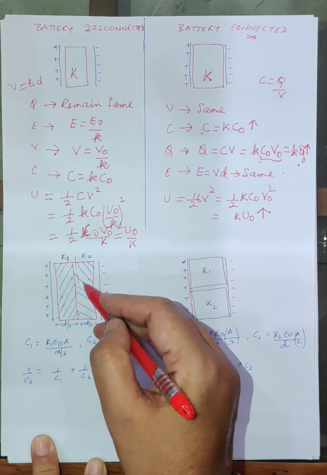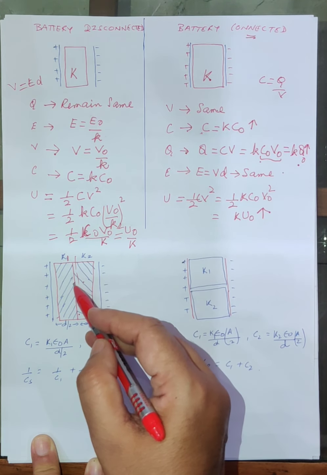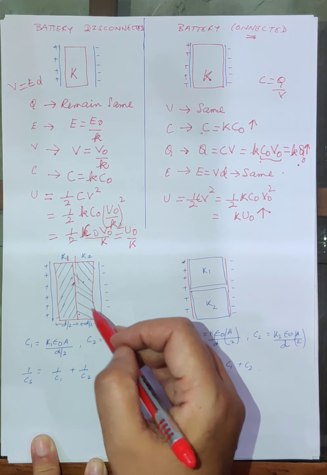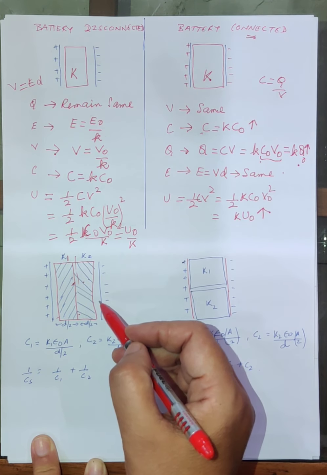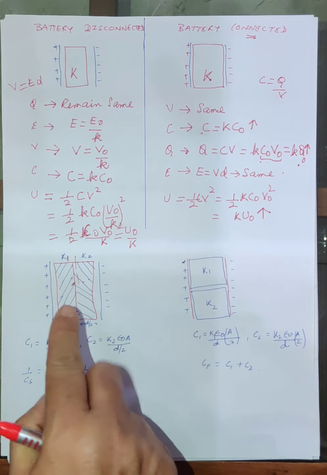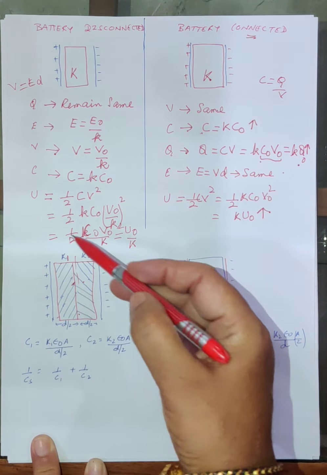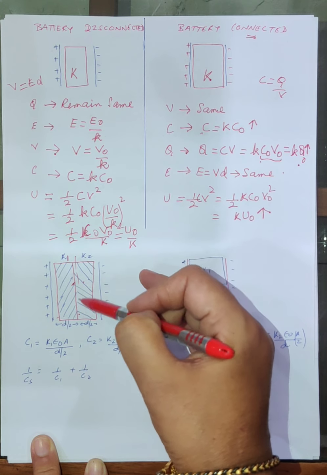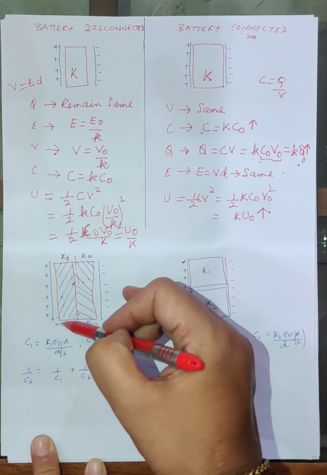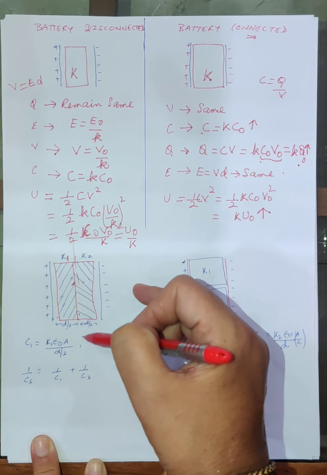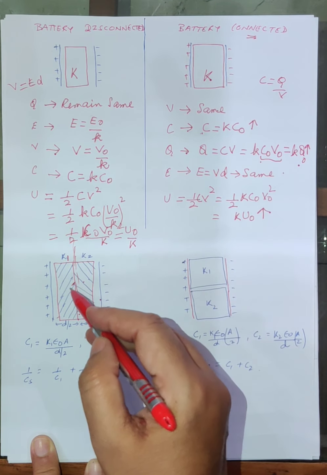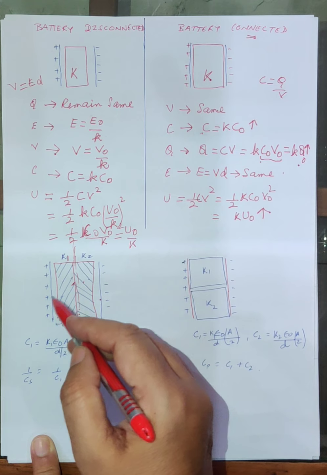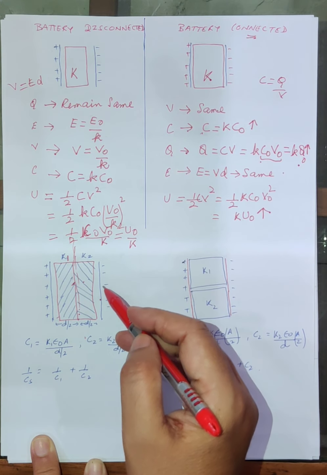So what does it mean? That means one plate of one capacitor is connected to the plate of the other. That means this is equivalent to two capacitors which are connected in series. Okay children, this is one plate, this is one plate and this is the second plate. So this is one capacitor, and then the other capacitor is this common plate and this plate. So these are two capacitors connected back to back. So we can say that this is a combination of two capacitors in series.